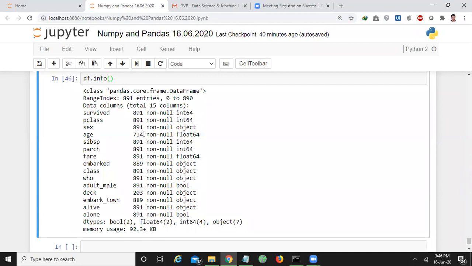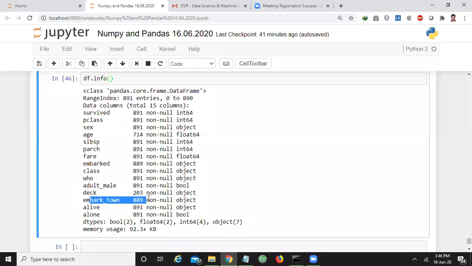You may ask, sir, what about the remaining? All the remaining values are missing. We don't know the age. Okay. Similarly here, 891 for this column, this column, this column. And again, if you see here, we have very little information about the deck, right? We got only 203 passengers' deck information out of 891. Am I right? In Embark Town also we have only 889.